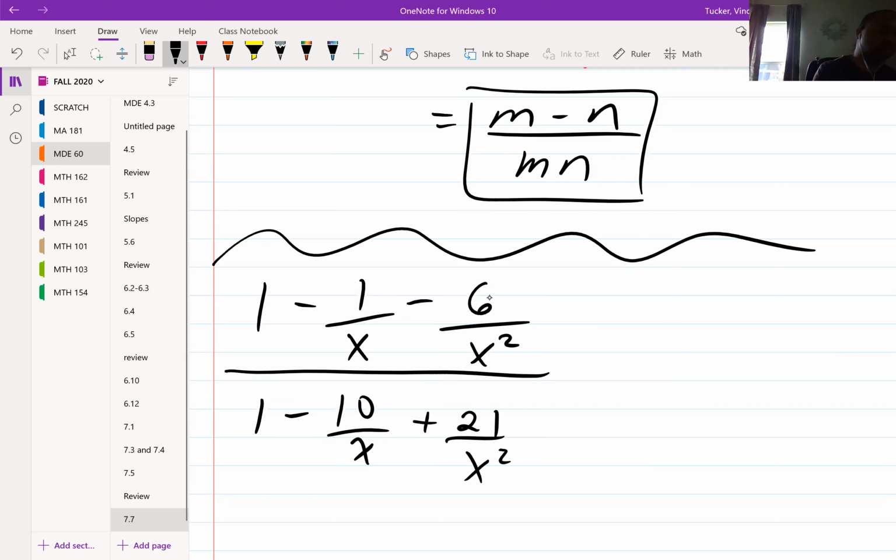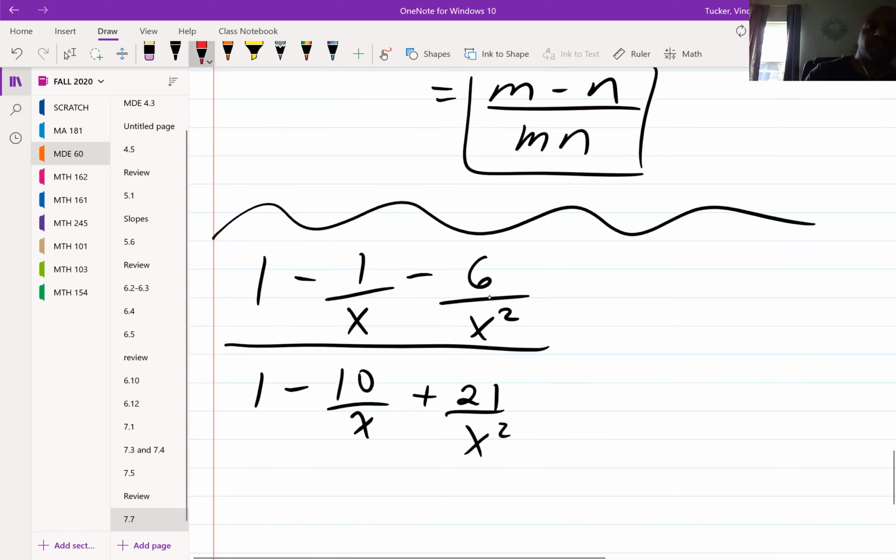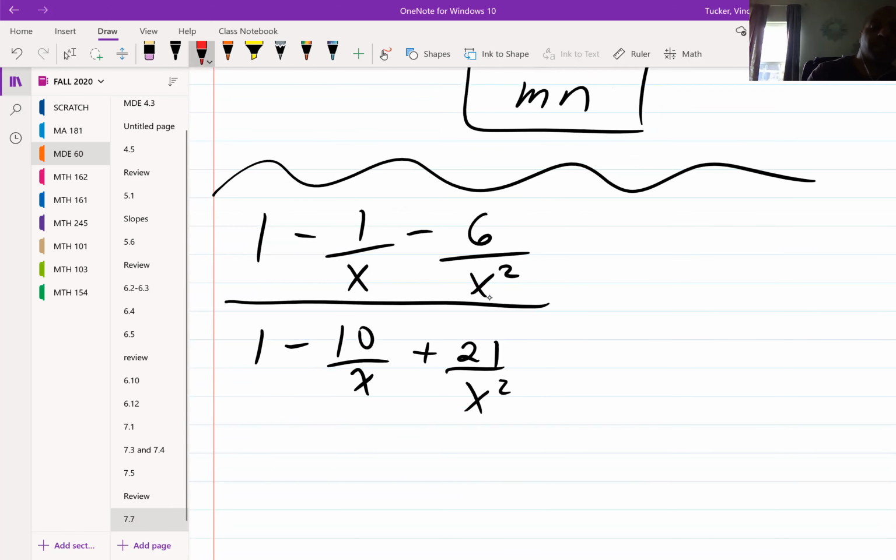All right, so complicated. Say that again. This was complicated. It's not as bad as... no, I'll say it's about the same level of complication. What would our LCD be? X to the second. See? All right. There, I'm lost. So now you're going to multiply each